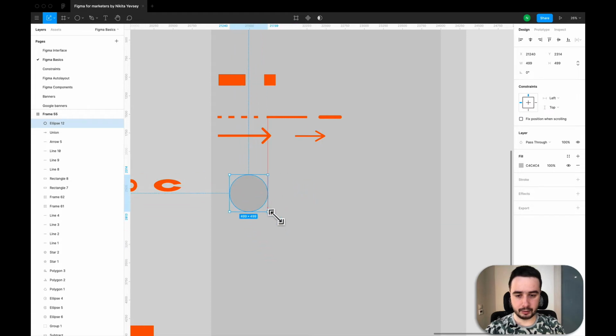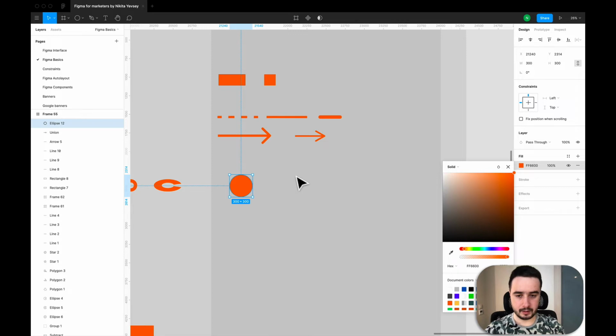If I use scale tool, I resize it proportionally. If I use move tool, it will go like this. But I think I'm happy with this size. Okay, I have a circle,